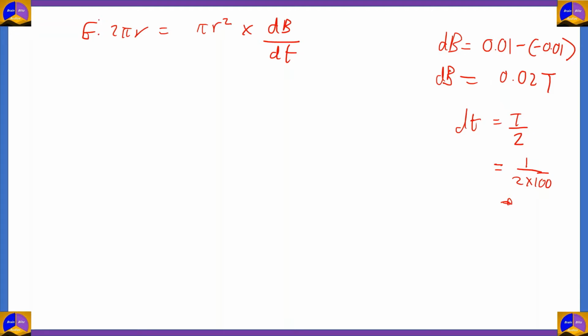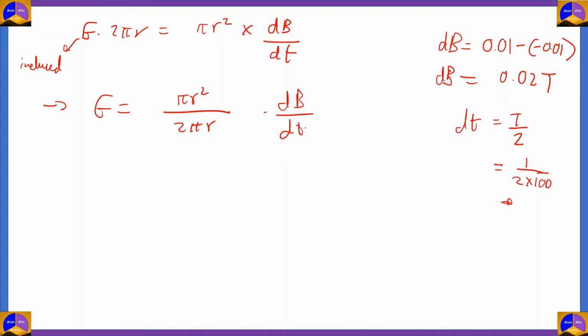So now we just need to find E, which is the induced electric field. So therefore E is equal to pi r squared divided by 2 pi r times dB by dt. One of the r's gets cancelled, the pi's gets cancelled, so we have r by 2 times dB by dt. Let's plug in the values. R is 1 meter,